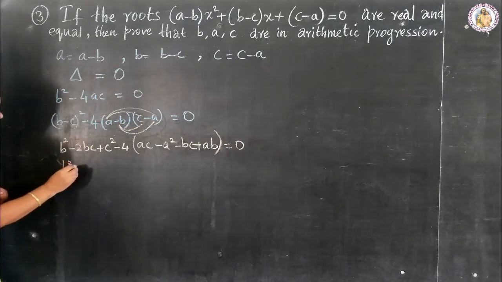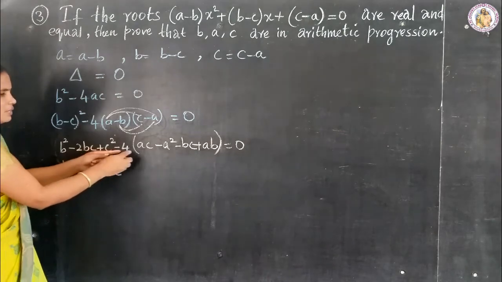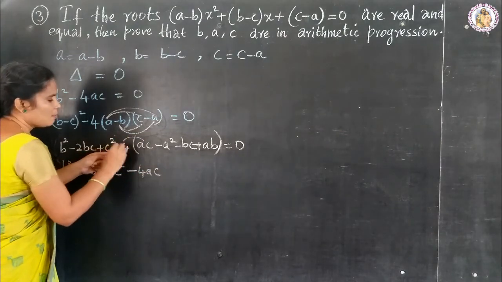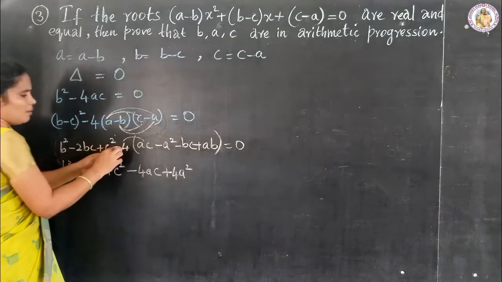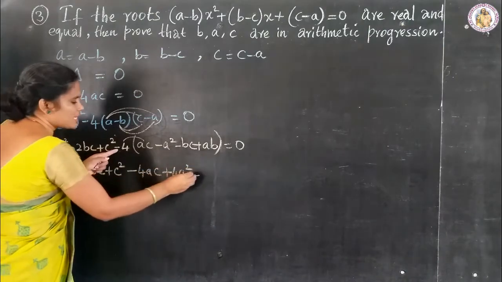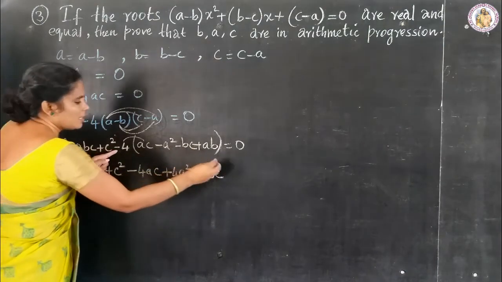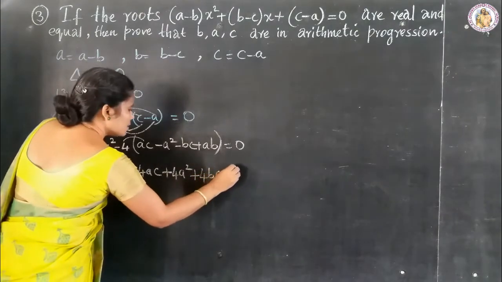Now b square minus 2bc plus c square, multiply with 4: minus 4ac, minus into minus plus 4a square, minus into minus plus 4bc, minus into plus 4ab